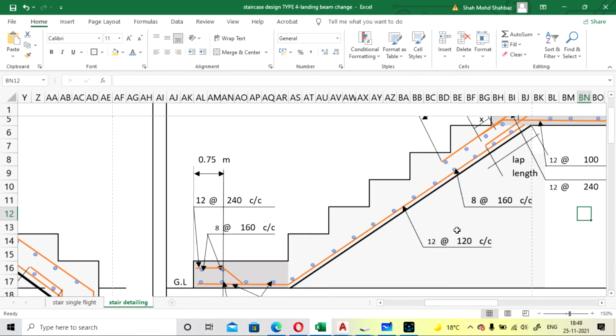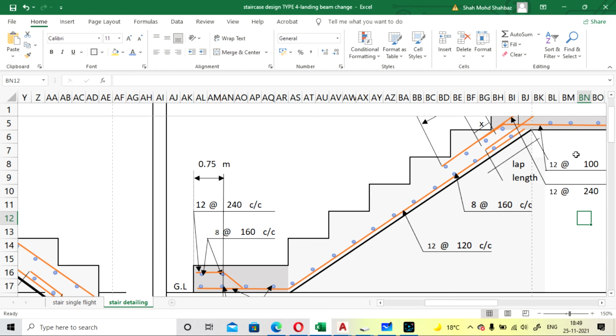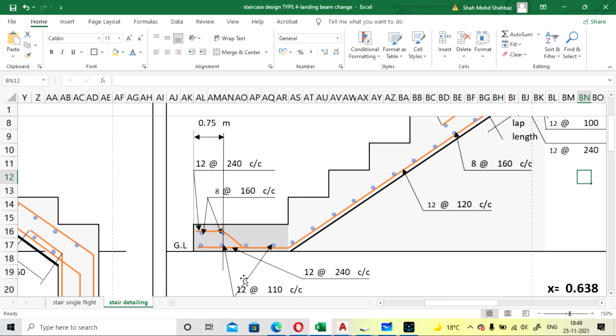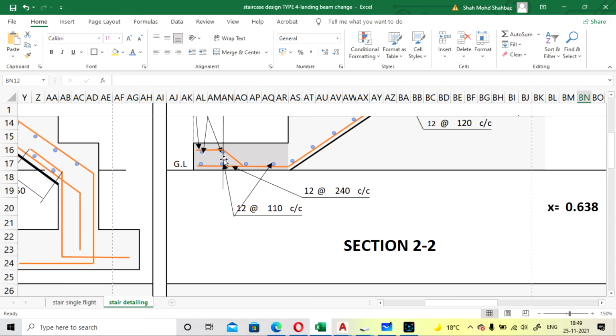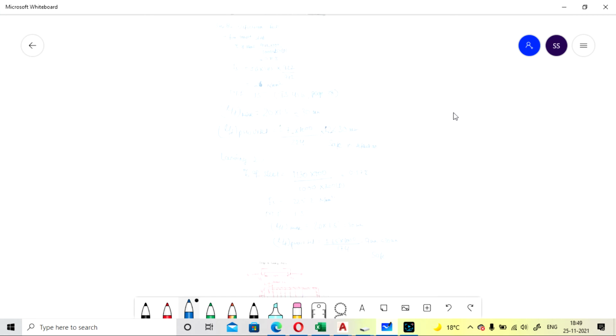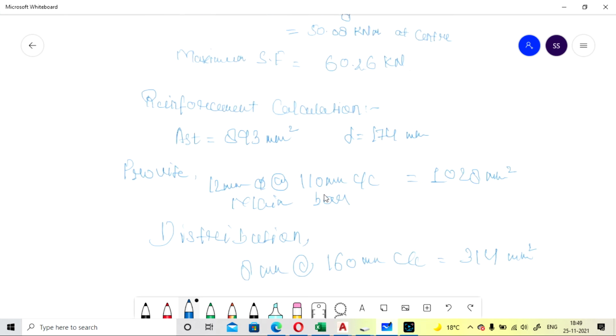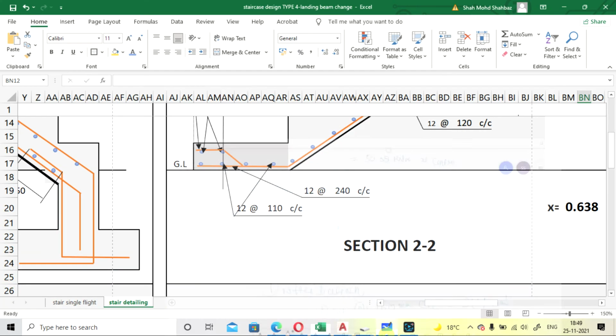Okay, the main bar from the base slab will go to both landing 1 and landing 2. In landing 1, you also have to design as per the beam requirement, that is side by side. That's why we have provided this as a main reinforcement. So why I provided that at 110 spacing, I will show you here. We have calculated 12 mm at the rate of 110 mm. So main reinforcement for landing 1 is calculated.